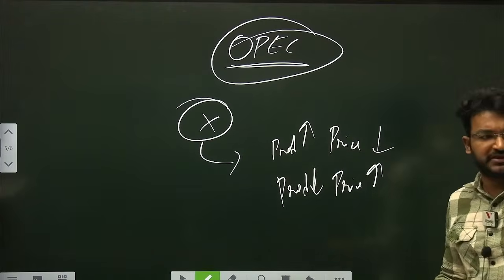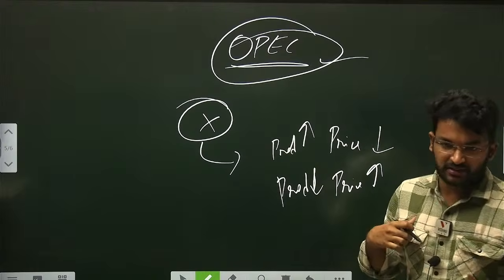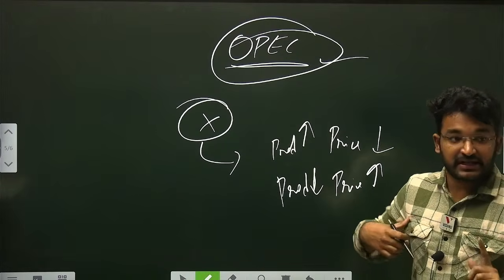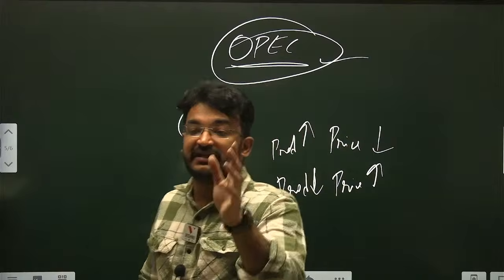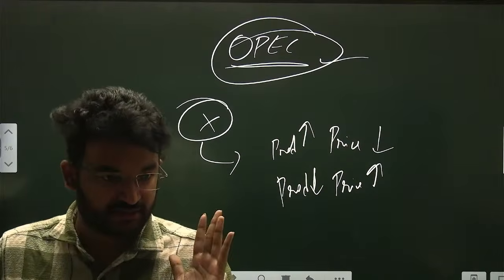Now that is right from their point of view. This is called OPEC, the Organization of Petroleum Exporting Countries. Every time they will be having meetings and they will be keeping their limits. But